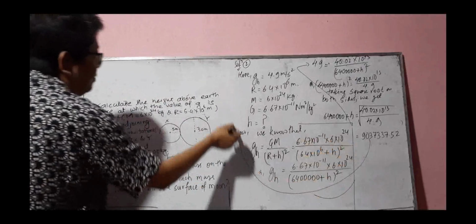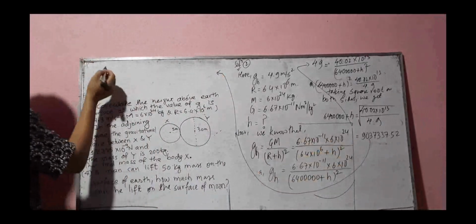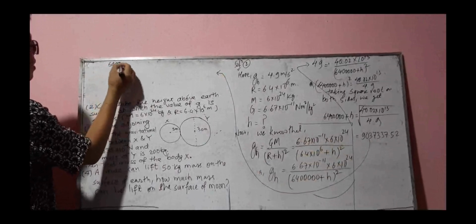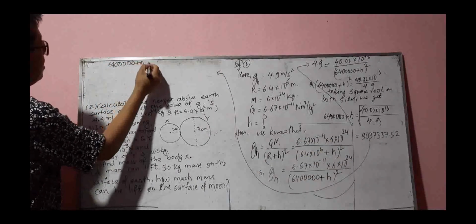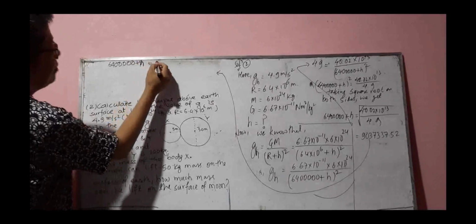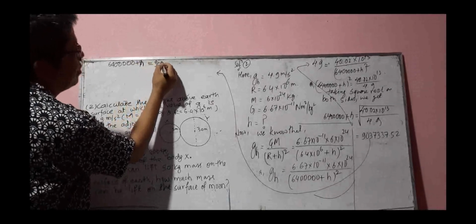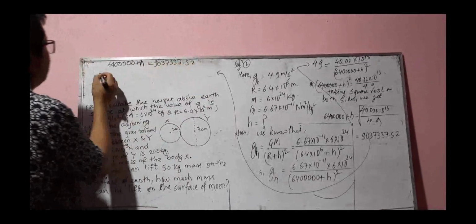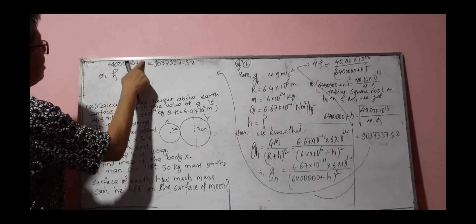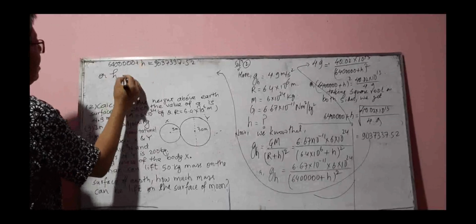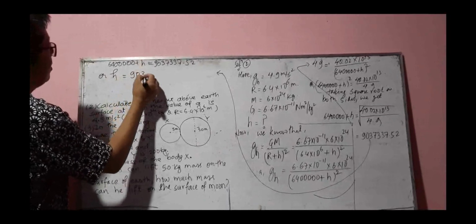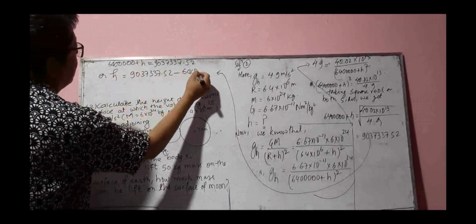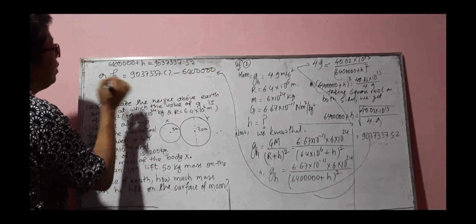So from here to this place, I've got that 64,100,000 plus h equals 903733. So the value of h is 903733 minus 64,100,000. We get